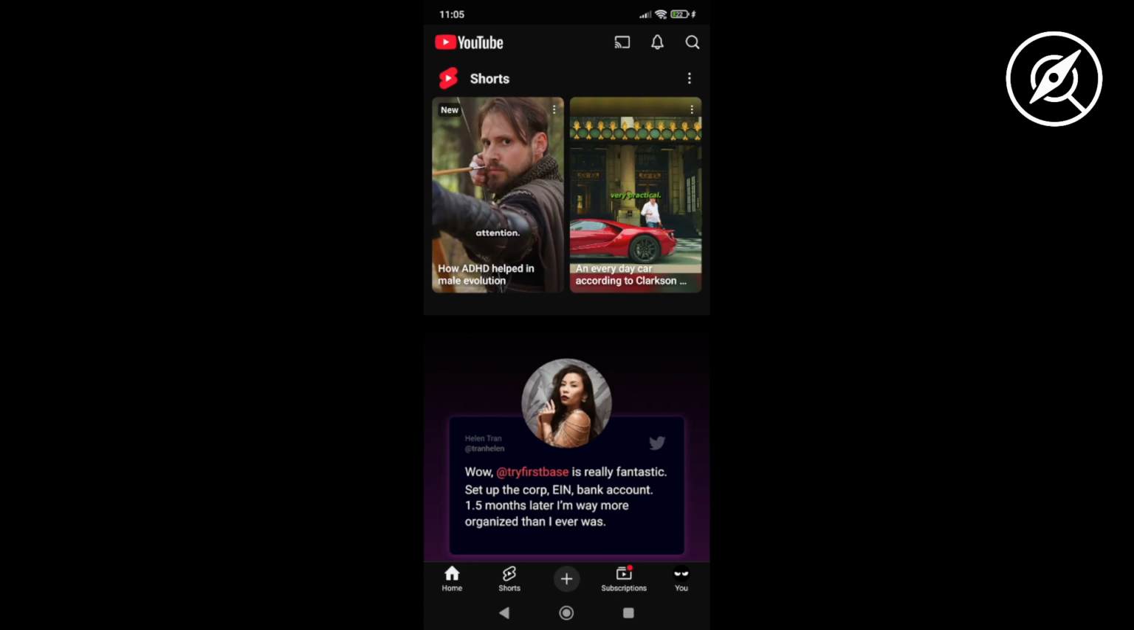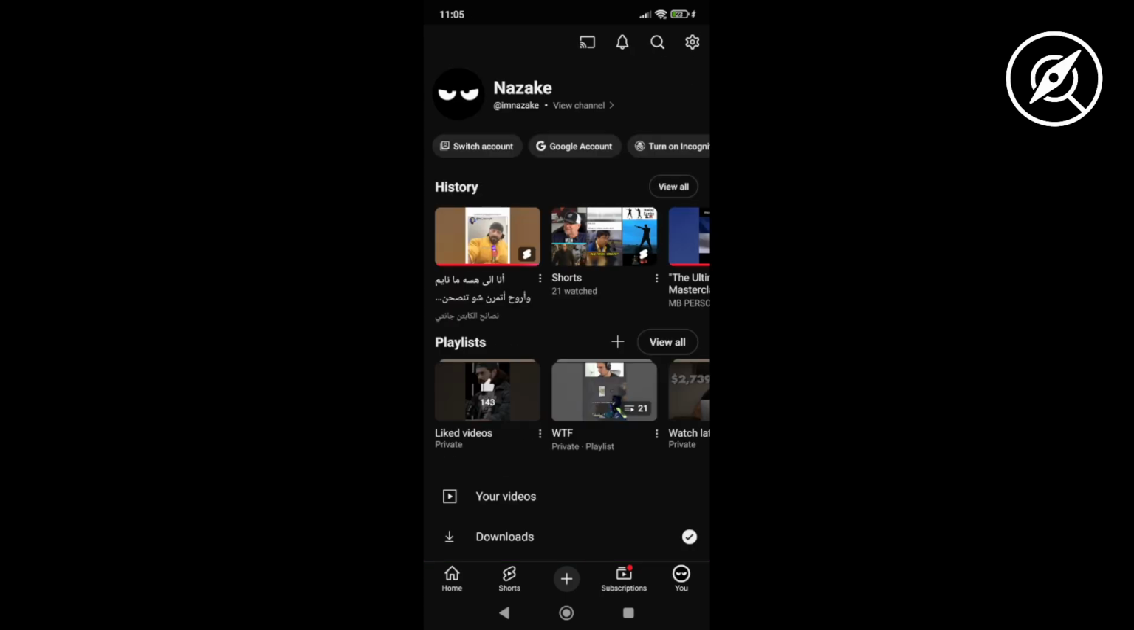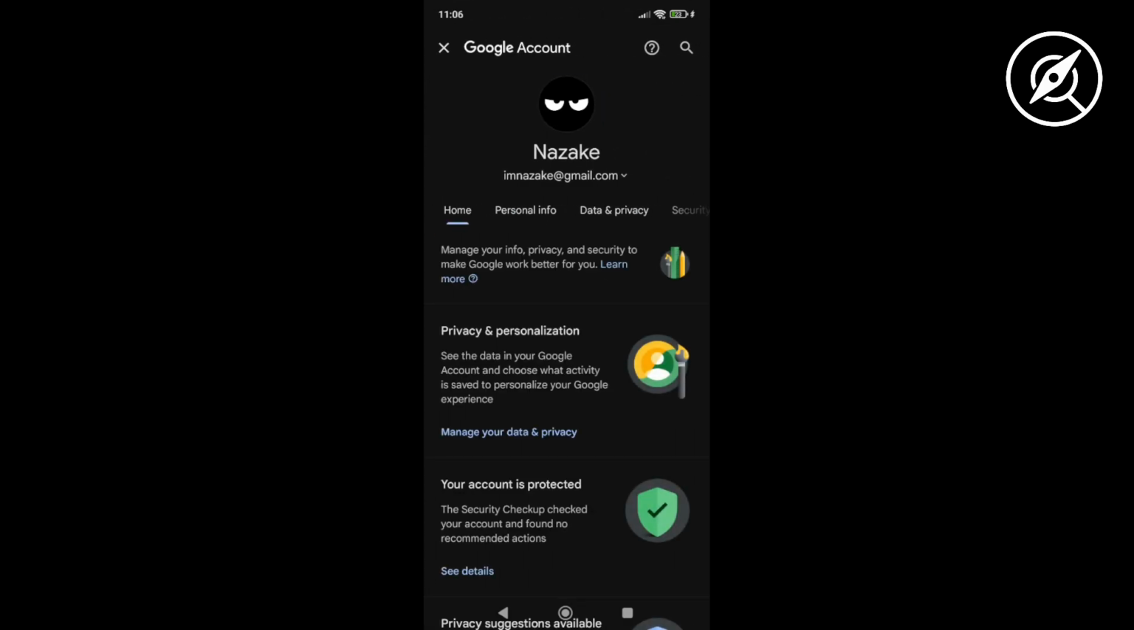So here's how to check or see your YouTube login activity on your mobile device. First, you want to open the YouTube app, and then you want to click on your profile logo. Now you want to click on Google account, and then you want to scroll on the side to the security section,